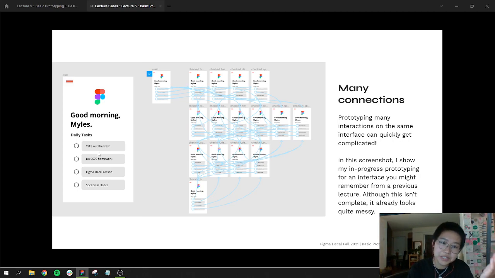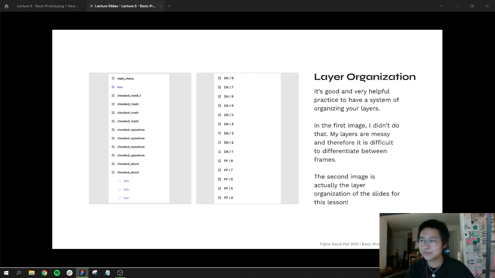Interactive Component solves this problem, where I could say that all of these are a component where if you click it, it is filled, and then if you click it again, it's unfilled, meaning I would only have to have one screen. But because that's not currently out of beta yet, we're just teaching it this way, which means that you have to have every possible combination, and it gets really, really messy. It's just something you have to bear with,